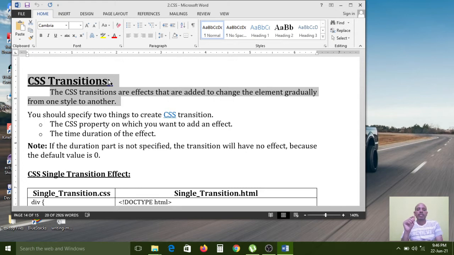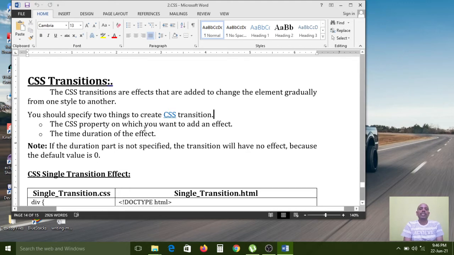Now it can also apply the effect to multimedia objects. You should specify two things to create a CSS transition: the CSS property on which you want to add an effect, and the time duration of the effect.